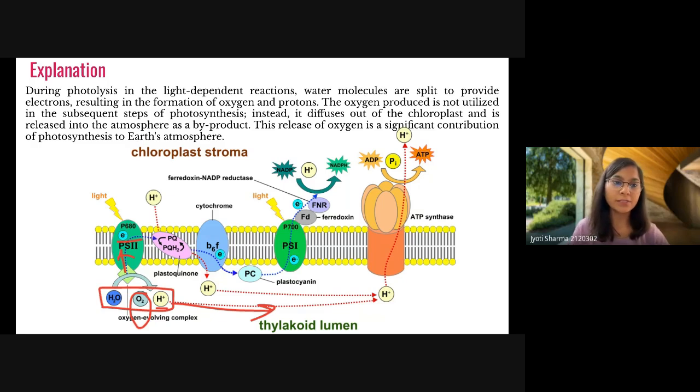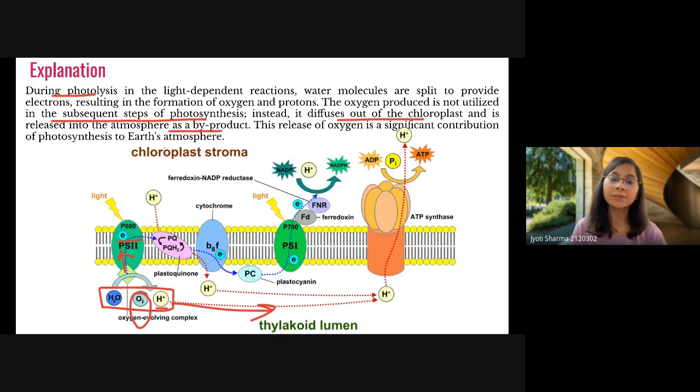And let me just read here the content that I have written. During photosynthesis, in the light dependent reaction, water molecules are split to provide electrons, as we already have discussed, resulting in the formation of oxygen and proton. And this oxygen produced is not utilized in the subsequent steps of photosynthesis, but it will diffuse out of the chloroplast. And if it diffuses out from the chloroplast, it will be present in the atmosphere, and it is released into the atmosphere as a